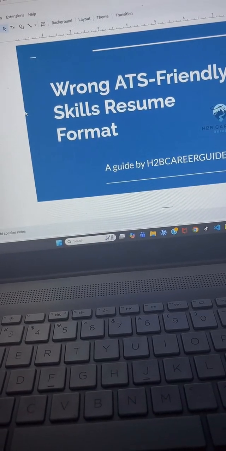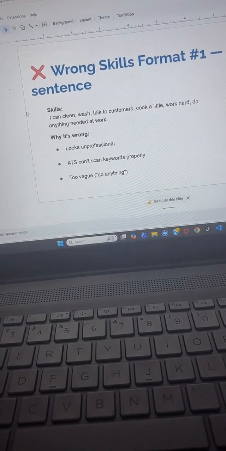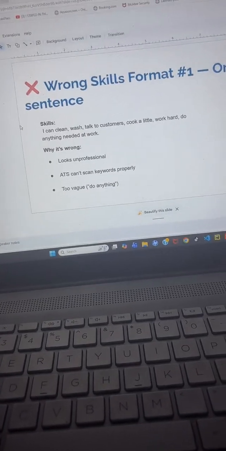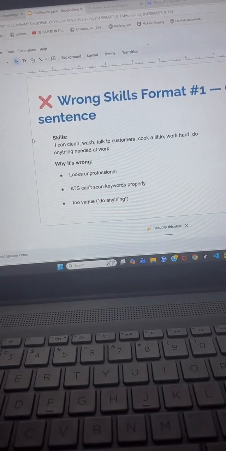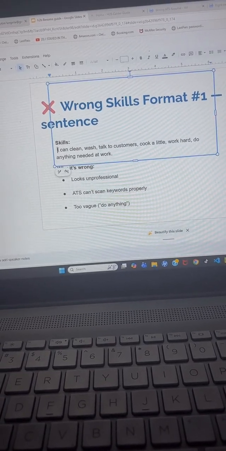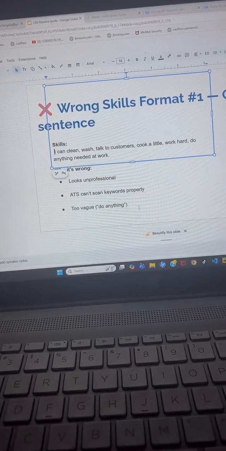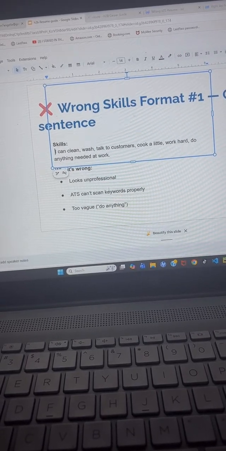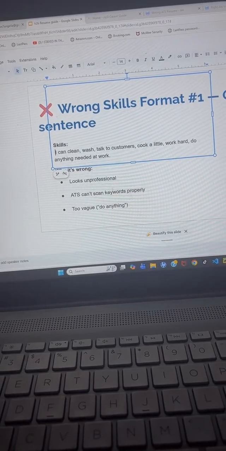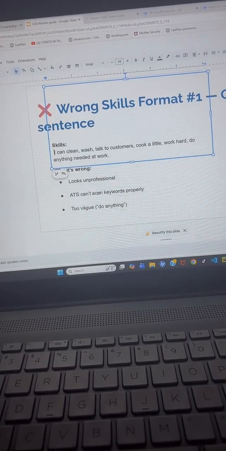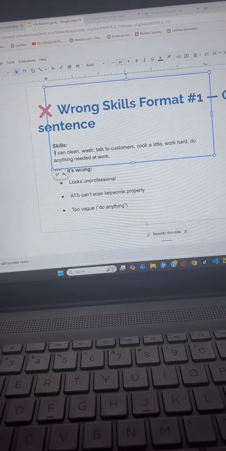Alright, so after the work experience section, you're gonna have your skills section. So you don't want to do sentences for your skills section. It looks very unprofessional, and the resume scanner will not pick up that this section is a skills section.